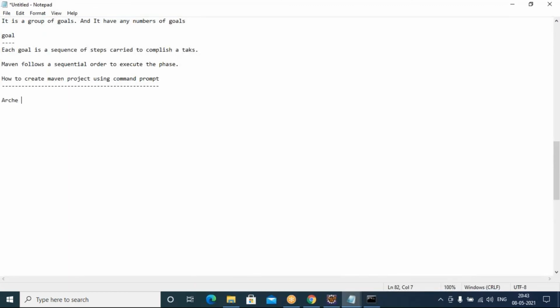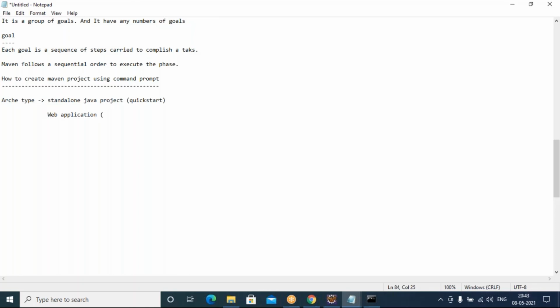There are several archetypes in Maven. Assume we want to create a standalone Java project, then we can make use of the archetype called quickstart. Assume instead that I am creating a web application using Spring, servlets, and JSP.